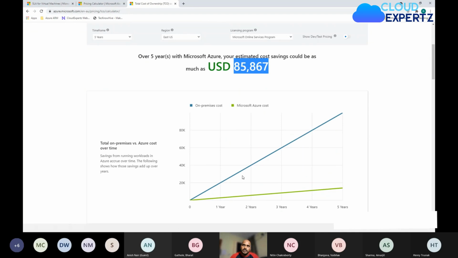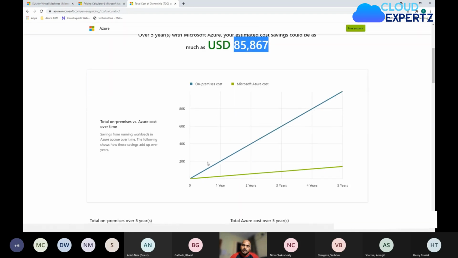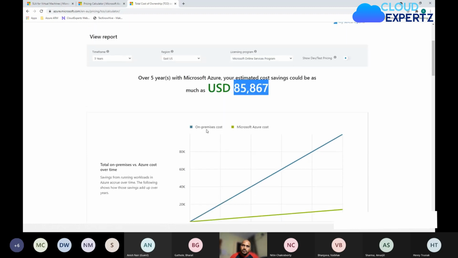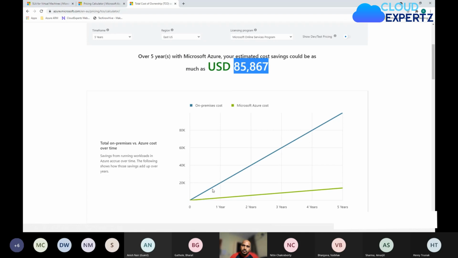that how you will realize that saving, that in the first year you will realize up to 20K of the saving. Then in the second year, the saving will continue to increase. So that's how you will. So this is your on-premises cost, which will continue to go up. Why? Because